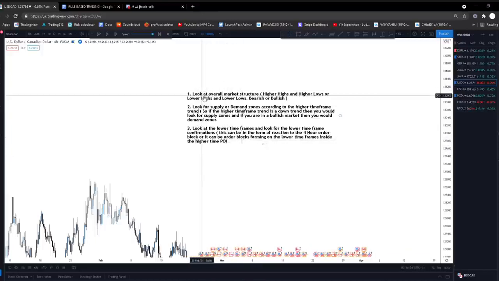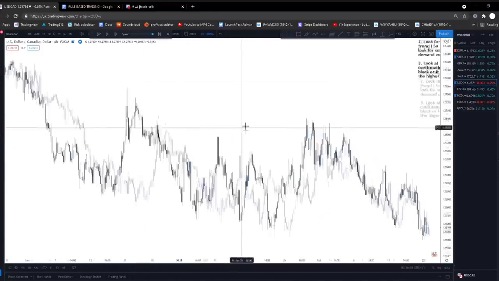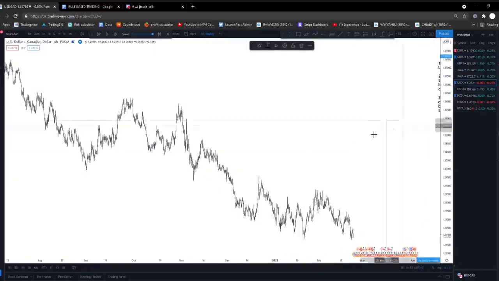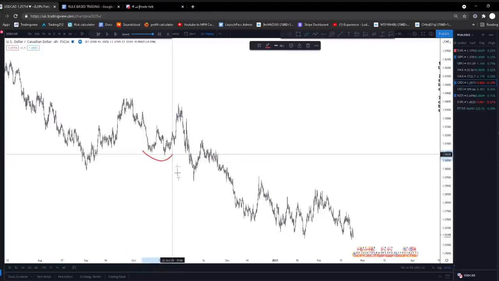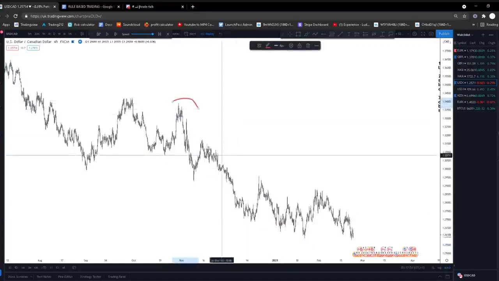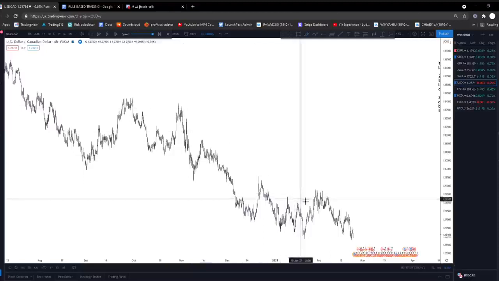So the first thing that we look at is our overall market structure. So our overall trend. Is the market bullish? Is it bearish? Is it sideways? What's happening in the market? What I have here is a chart example of USD CAD. If we just look at the chart, you'll notice that USD CAD is in a massive downtrend. We are seeing lower lows, lower low, lower low, lower low, right? Lower lows and obviously lower highs as well. Lower high, lower high, lower high, right? So USD CAD in this case is quite obviously bearish, right? So we should only be looking for sells, right?